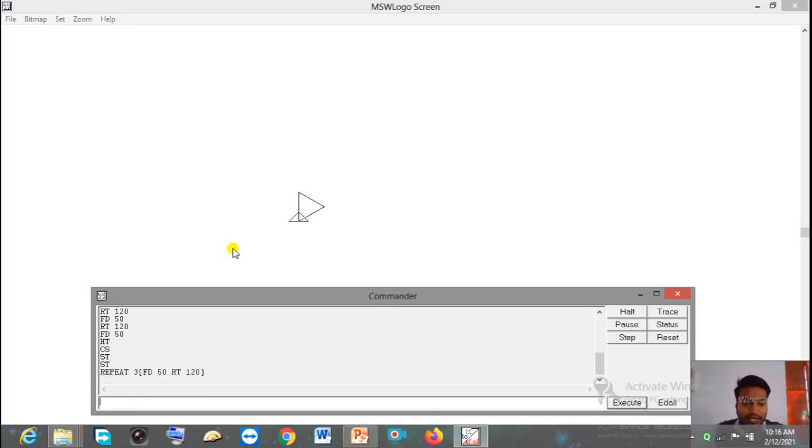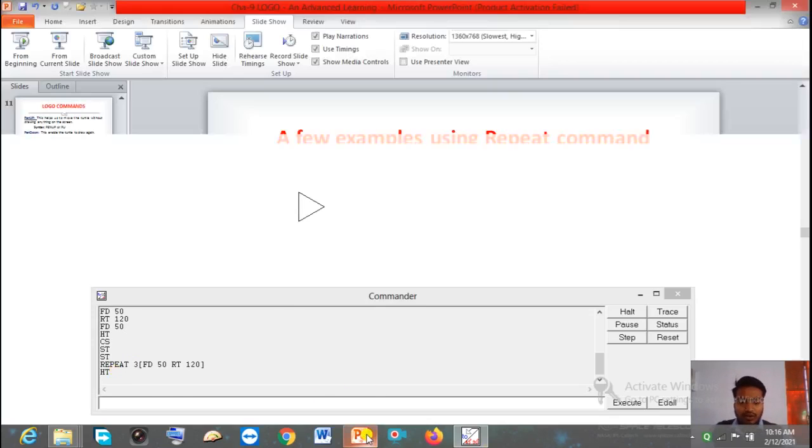Now you can see. Now give the HT command to hide the turtle. Understood? This is how we can use the repeat command. I hope it is clear to you.